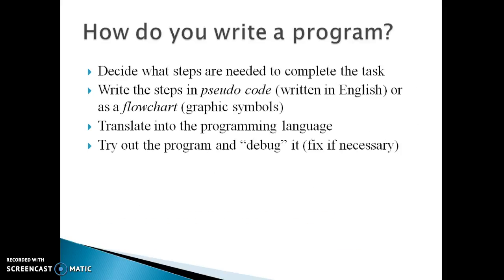Then how do we write the program with the help of these tools: algorithm, pseudocode and the flowchart? First of all, you have to use the algorithm, written in simple English statements. In pseudocode, you have to use the English language and some formulas. After that, whatever is written in the algorithm and pseudocode, you have to represent in a pictorial representation. After representing it pictorially, the symbols are represented in the computer programming language. So it is very easy to write the program in any programming language, and it is very easy to debug